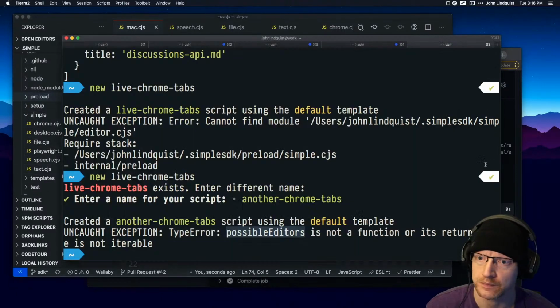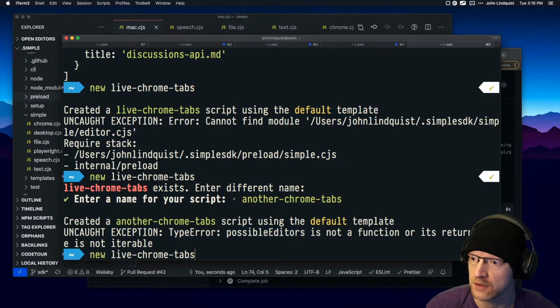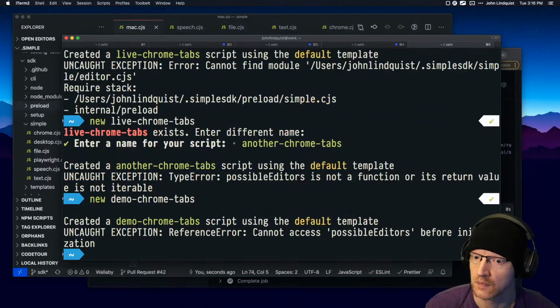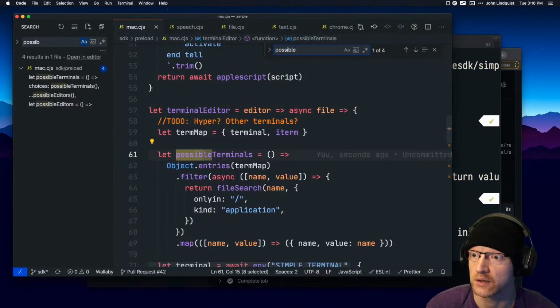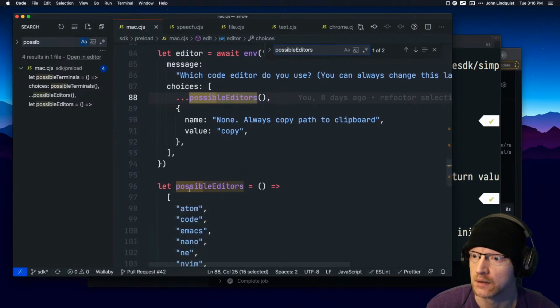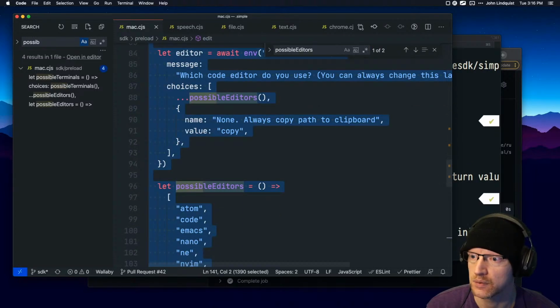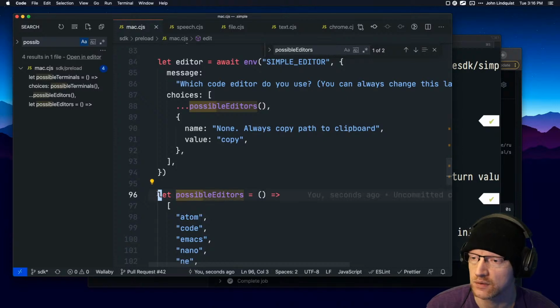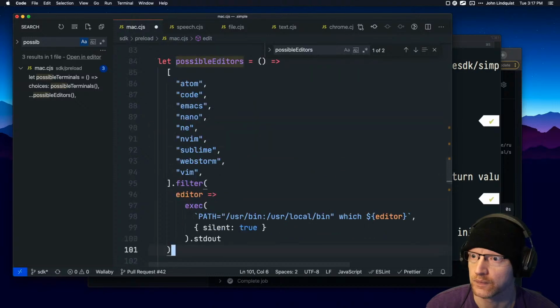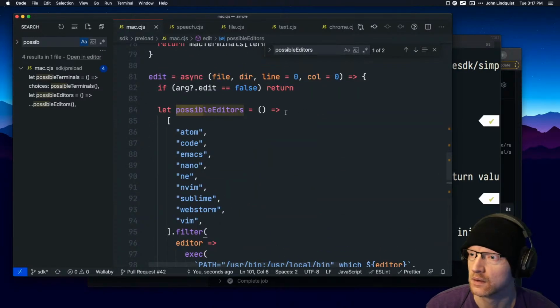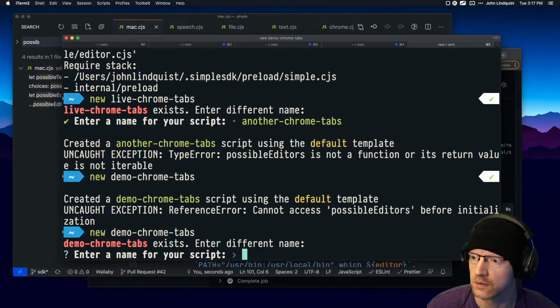All right, I think I should be able to make a script now. Can I access possible editors? That would be in this file. Possible editors. So let's bring this up. Whoops. Selected way too much. Alrighty, and